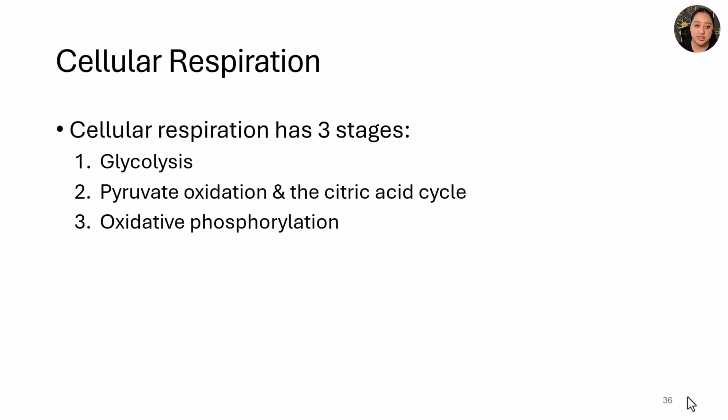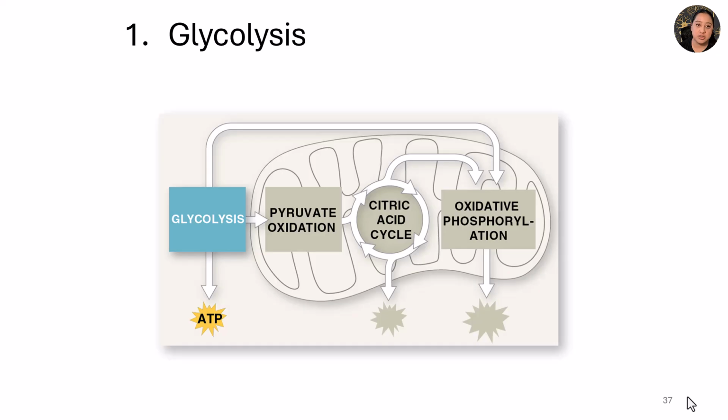Okay, this is part 2 of lecture 7. So we'll go into cellular respiration. Cellular respiration has 3 stages, as mentioned in the intro. There is glycolysis, pyruvate oxidation and the citric acid cycle, and then oxidative phosphorylation. I'll go through one by one, and I put numbered headers to help show